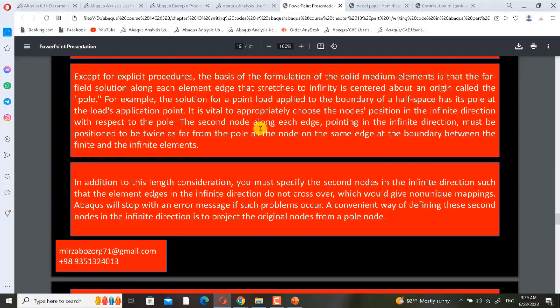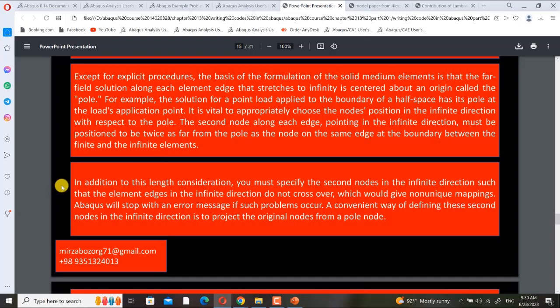The second node along each edge pointing in the infinite direction must be positioned to be twice as far from the pole as the node on the same edge at the boundary between the finite and the infinite elements. This point is not very important. Most of the time, even in the papers, they don't consider this point.